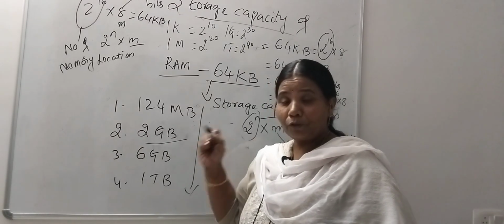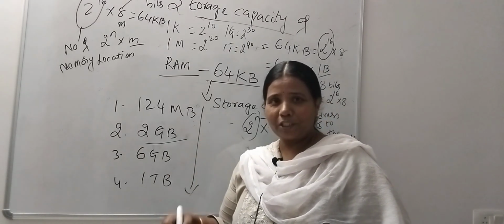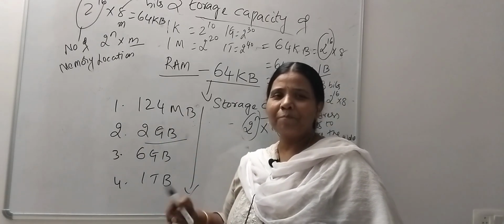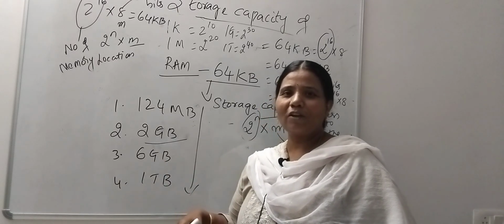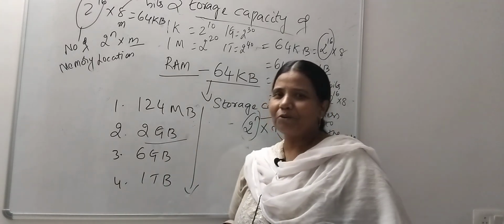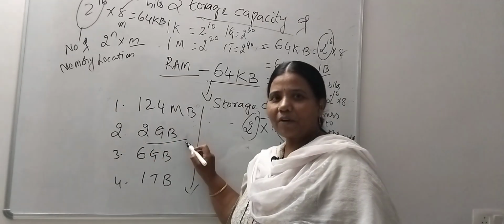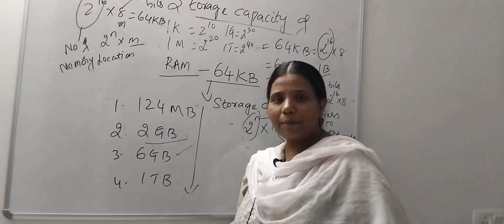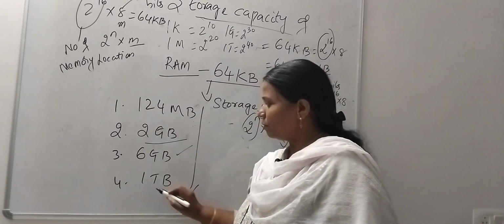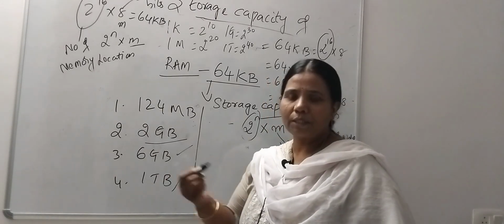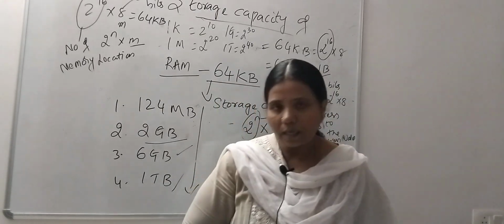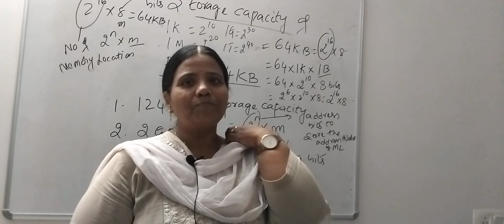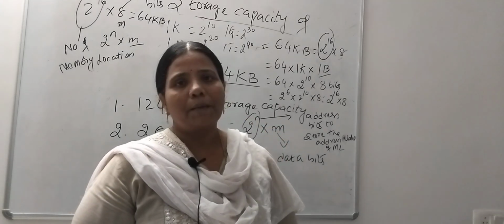Similarly 2 GB. If students are watching this, put in the comments what value you got. It will give me happiness that my students are following and that I am doing something useful for them. For 2 GB, find out how many address bits and data bits it will have, and the number of memory locations. 1 TB represents terabytes. You will find out how many memory locations, address bits and data bits it will have. So I think I have given some information regarding the storage capacity of the memory.